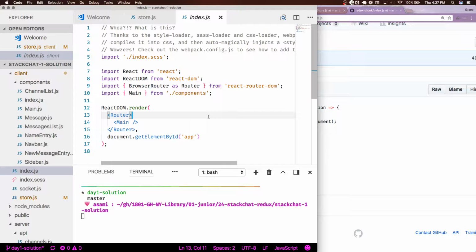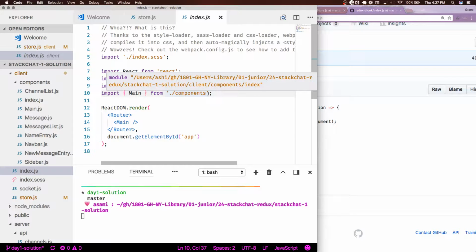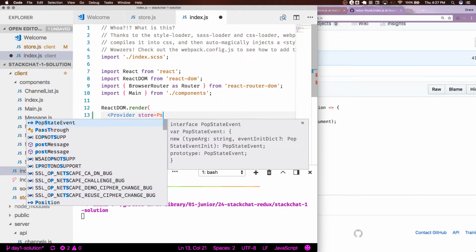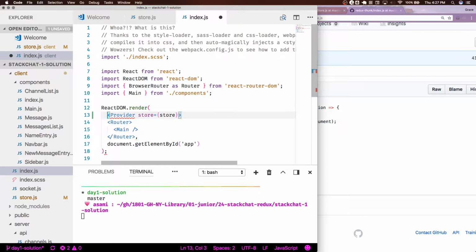Okay, so this is the top of our app. We've got our router. We're rendering main in here. So the first part of React Redux is that it provides the store to your entire React component tree. And it does so via context, which is the same magical React feature that the router uses. And it works in a similar way. You wrap your whole app in a provider tag